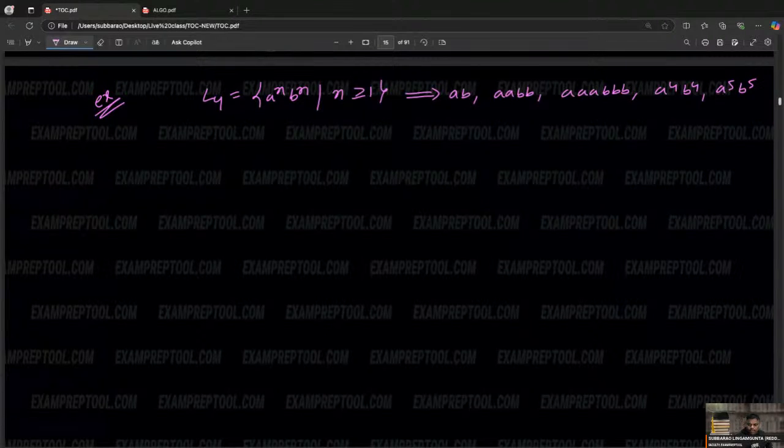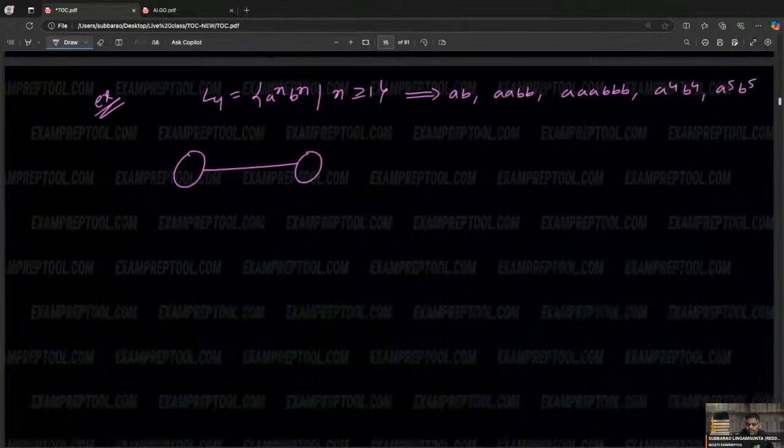Now observe, everyone. You draw a finite automata whatever way you like, a problem will come. Some people are asking, sir, can you create the finite automata? It's not possible, because you have to count the number of A's and the number of B's, how many A's happened, how many B's happened, and check whether both are equal or not. With only a finite automata you cannot handle it. Some people are asking, sir, why can't I handle it? Let's check. Can you see this one?